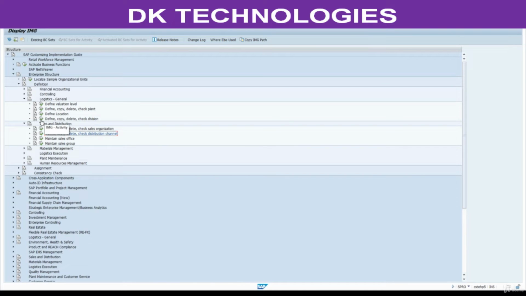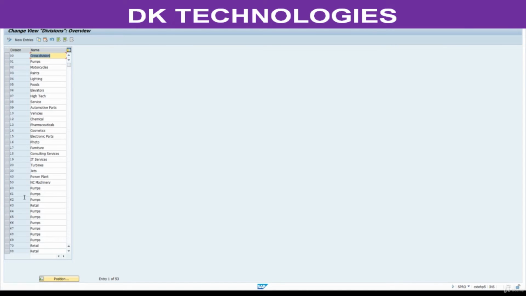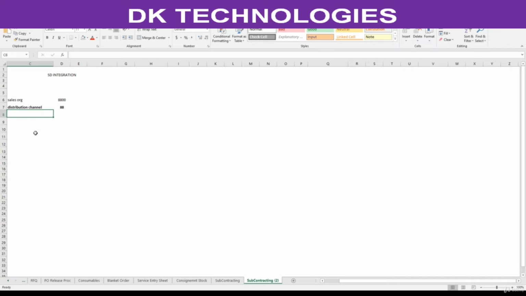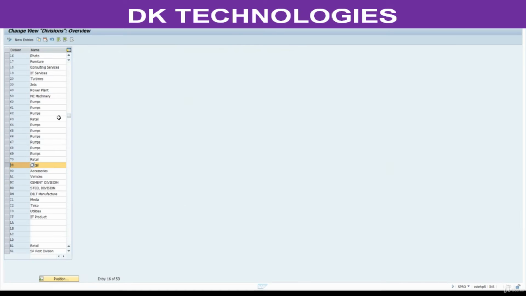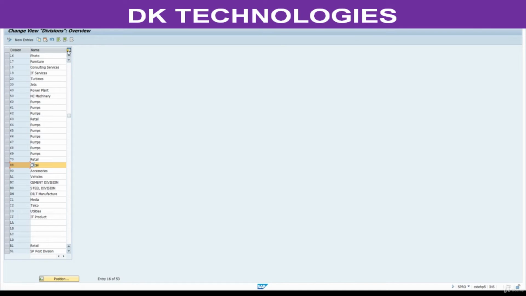Click on this one, define division. If you remember previous classes, we already created this division. Division is 88 only. You need to maintain this division in material master. Go back.